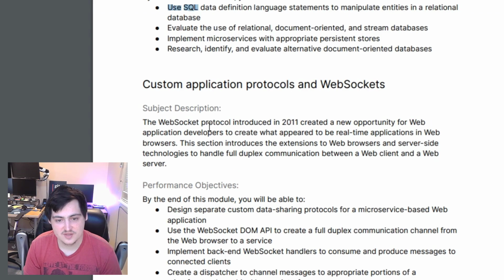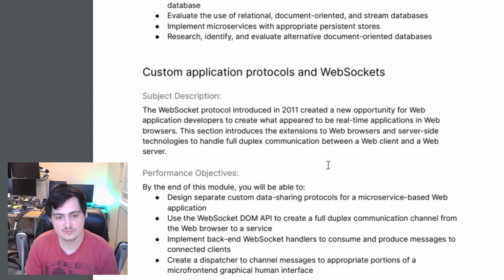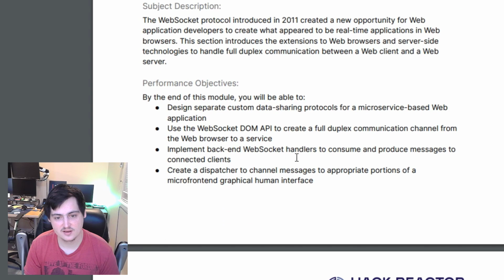Okay, the WebSocket protocol, again, this is a bummer. This is hard for me too because I love WebSockets, but this is another no-no for me. Let's see. This section introduces the extensions to web browsers and server-side technologies to handle full duplex communication between web client and a web server. By the end of this module, you'll be able to design separate custom data sharing protocols for a microservice-based web app, use the WebSocket DOM API to create a full...